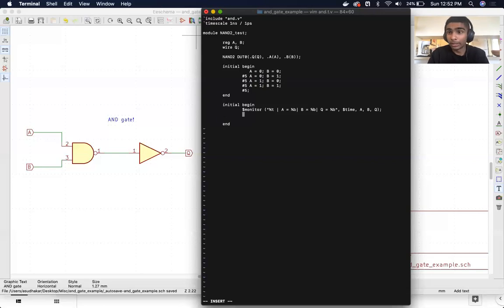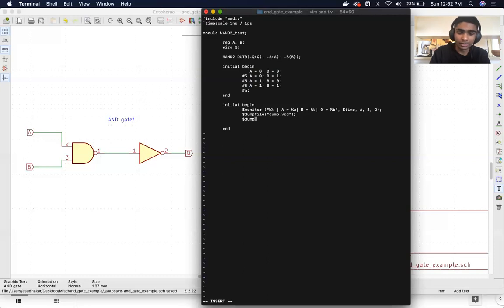Next, I'm going to write a little bit of boilerplate stuff. I can't give you a great explanation of what this means, but we need to make a dump file, which is where our simulation data goes so that we can view it in waveform. To do that, we use the $dumpfile function with parentheses, and then we'll just make a dump file called dump.vcd. Make sure you get the .vcd extension. That's important. I don't know what it stands for. And then you have